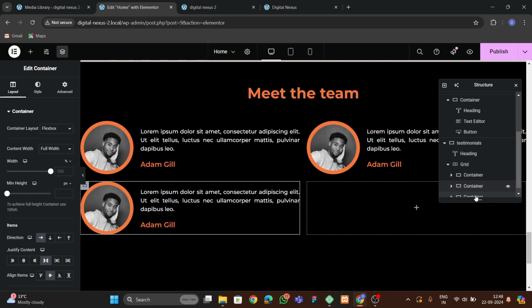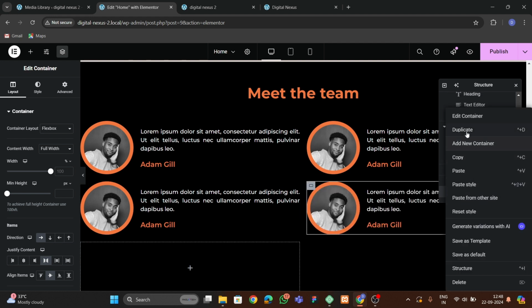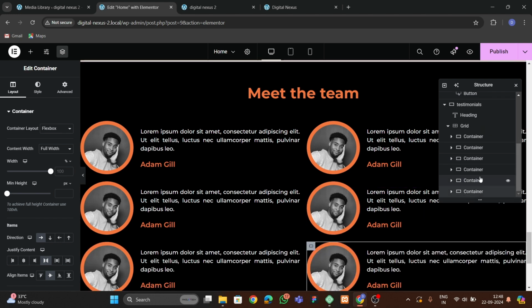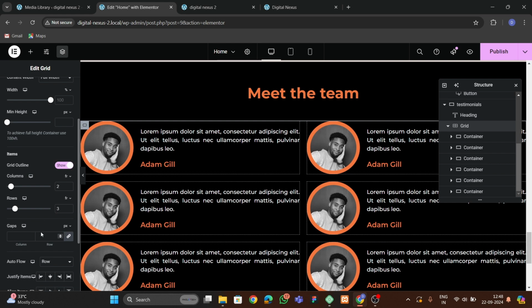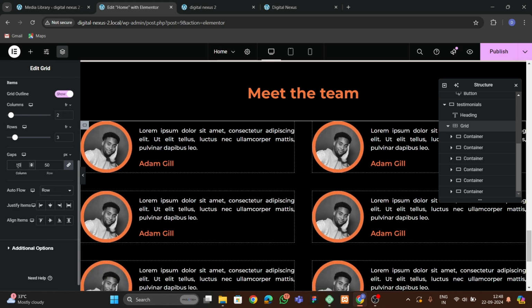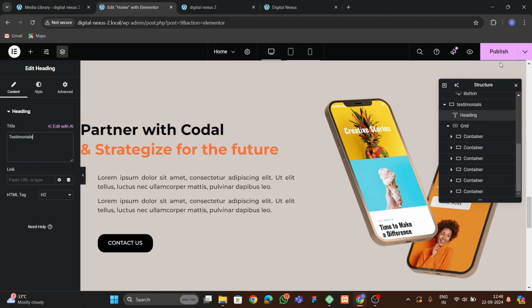3, 4, and we have to duplicate this 2 more times. This, and we can go to the grid option, and here in the gaps we're gonna give the gap of 40. We're gonna give the gap of 50. Okay, then here we're gonna write let's write it here, testimonials. Okay, let's publish,